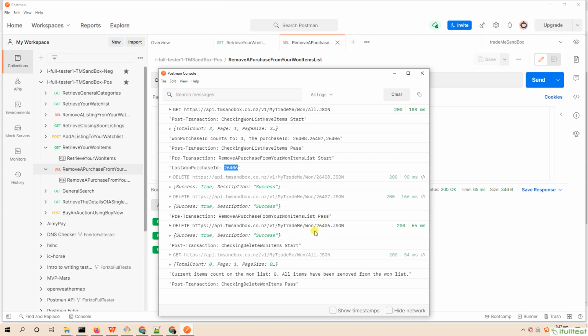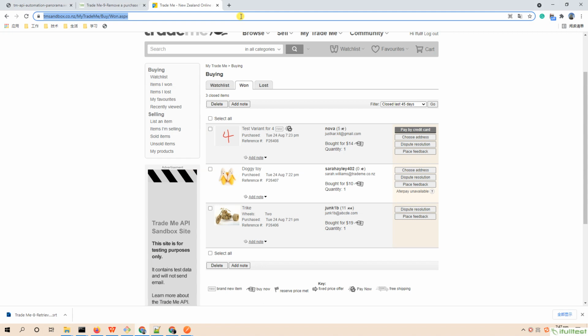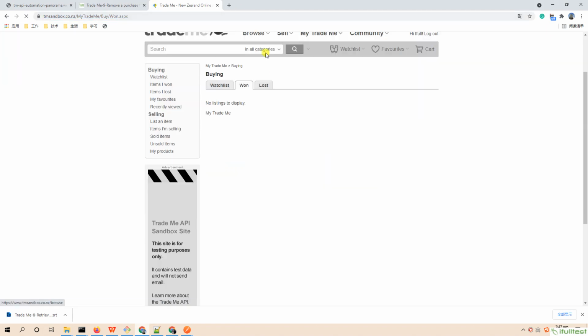Third, fetch the count of items on the one items list to prove our main API request has been executed successfully. We can check from our front-end UI side. See, we have removed all the one items from the one items list.